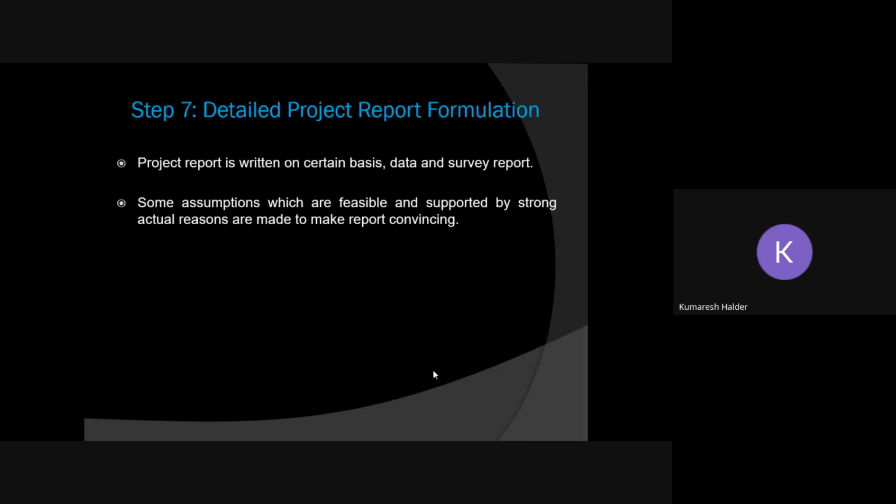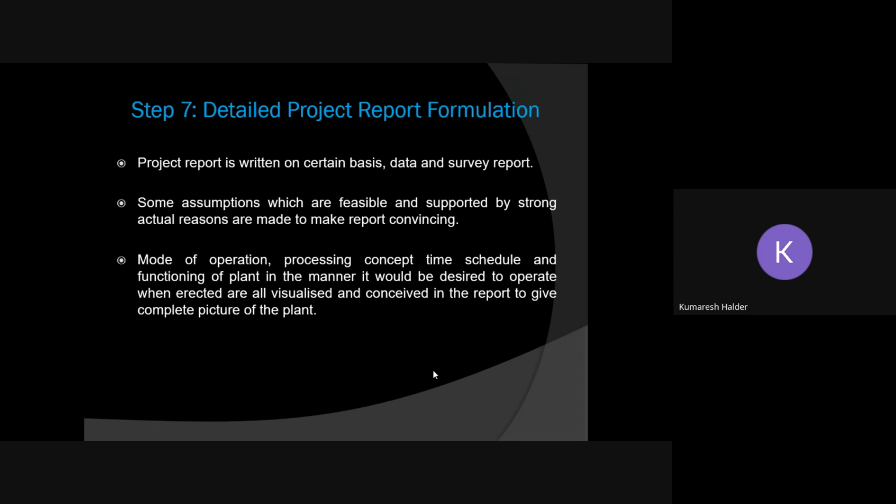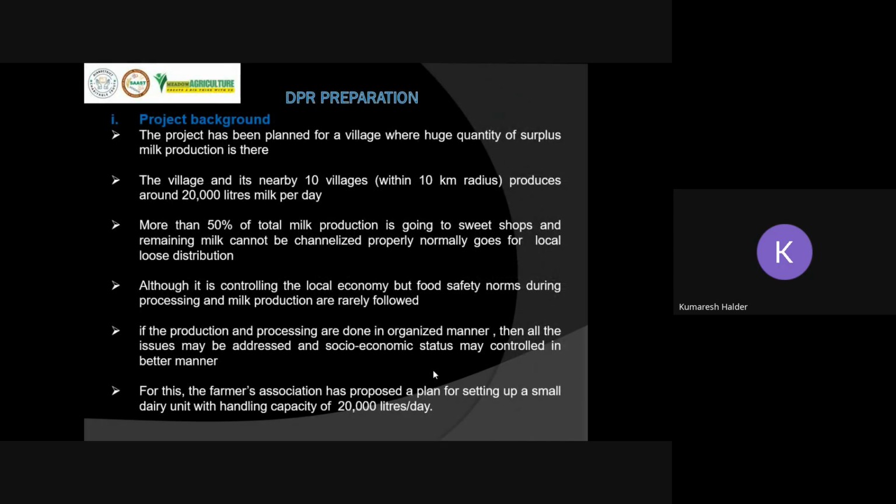Next, finally, after all these, we have to go for detailed project report formulation. In that, whatever we have discussed before, the technical survey and everything, we have to put in the form of a report. So in that report, first we need to write some background, like the project has been planned for a village, because the financial institutions look at different kinds of angles,